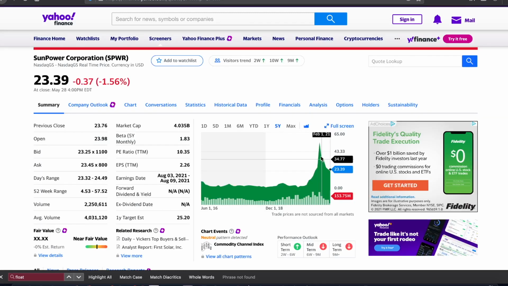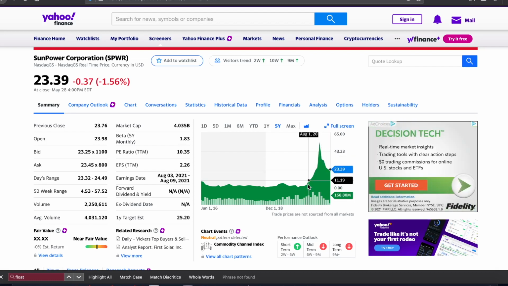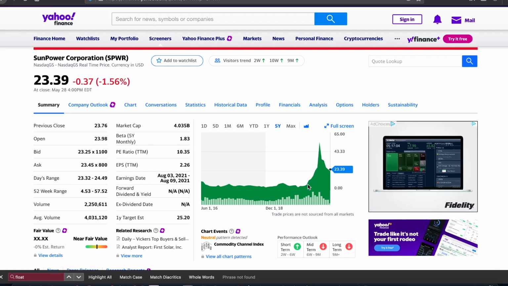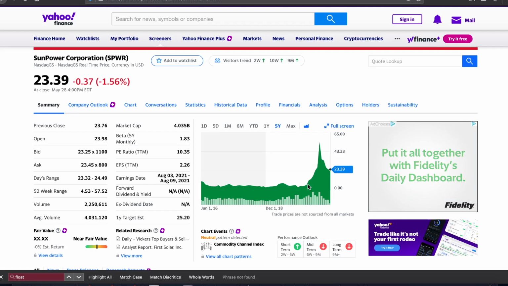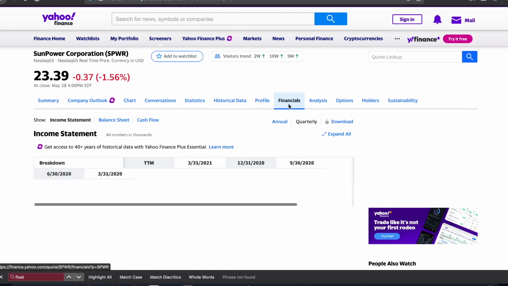Yeah, and as you can see here, price went way down. So this might have been a split, or the price might have just gone down. Sometimes it's hard to gauge these PE ratios, especially with the year we had last year with the lockdown. It threw off a lot of these ratios because they have big movements in price, and that tends to throw off these ratios. But a PE ratio of 10 in this case, even Yahoo Finance says it's near fair value. So here you dig into their financials